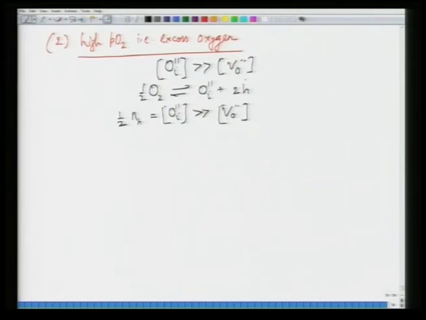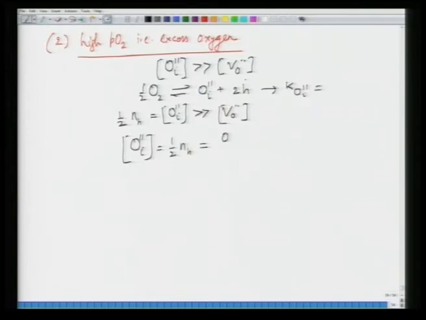Okay. So now how do we work out OI? Again you follow the similar procedures, we have done it many times now. So I'll just write the expression. So OI is equal to, so reaction constant for this would be KOI. So OI is equal to half NH, so KOI would be equal to OI multiplied by NH square divided by PO to the power half, and you make the replacement for NH in terms of OI, NH is equal to 2 OI. So that will become OI square. So basically what you get is,